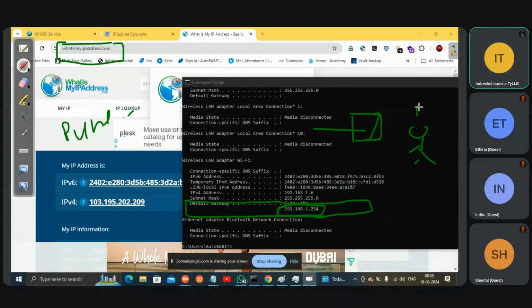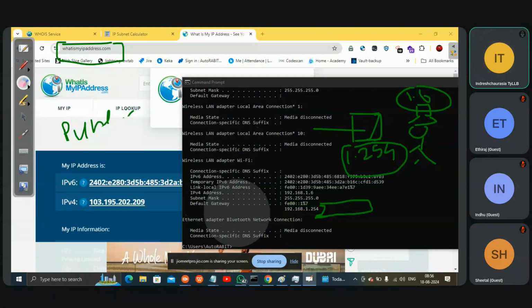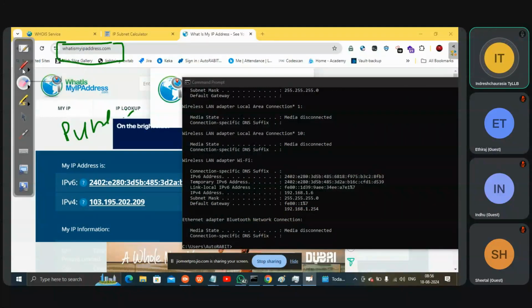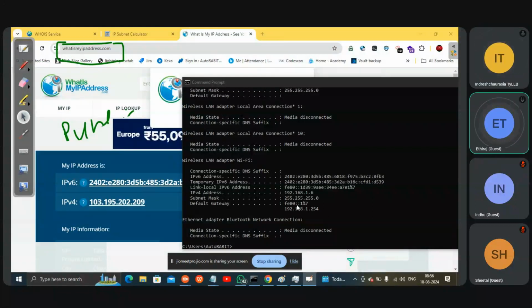Similarly, this is my laptop. If it wants to communicate over the internet, see, 1.6 is assigned to my IP address. 1.54 becomes the door. So this IP address comes to this door, and then it goes outside. So this is the door. This is the way it works. You just try it. First two parts are the local network, and then the last two parts are the host. Host. Door, right.